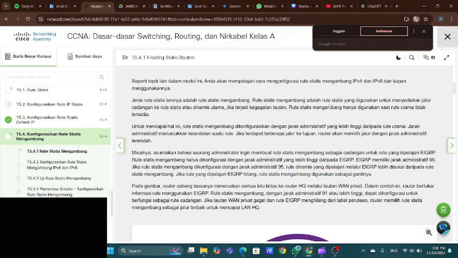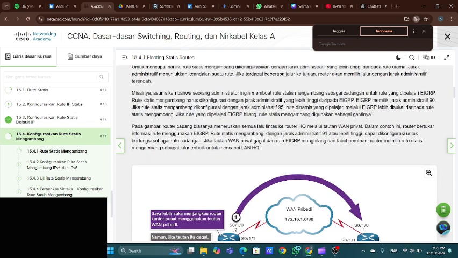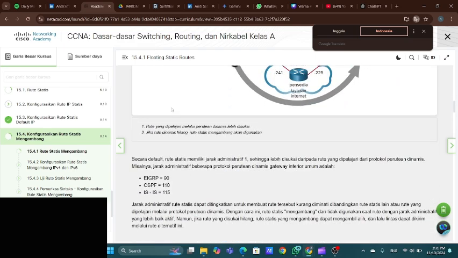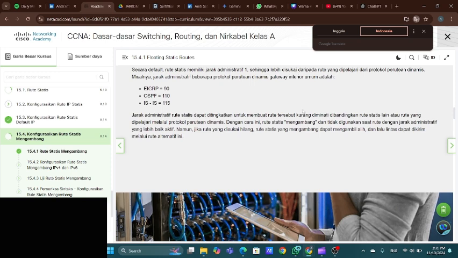Rute statis mengambang adalah yang digunakan untuk menyediakan jalur cadangan ke rute dinamis utama. Misalnya, asumsikan bahwa seorang administrator membuat rute statis mengambang sebagai cadangan untuk rute yang dipelajari EIGRP. Secara default, rute statis memiliki jarak administratif 1, sehingga lebih disukai daripada rute yang dipelajari oleh peruteran dinamis. Misalnya, jarak